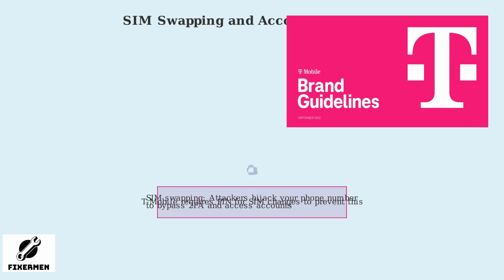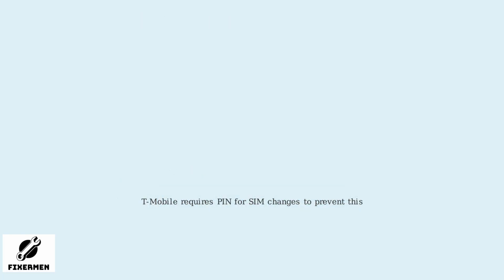T-Mobile protects against SIM swapping by requiring a PIN code for any SIM card changes. This additional verification step makes it much harder for attackers to successfully hijack your number. To keep your account secure and prevent SIM swapping, always protect your PIN code and be cautious of any suspicious requests for your personal information. Never share details like your address or date of birth with unverified callers. By maintaining strong account security, you help prevent unauthorized SIM changes that could otherwise lead to account lockouts and potential